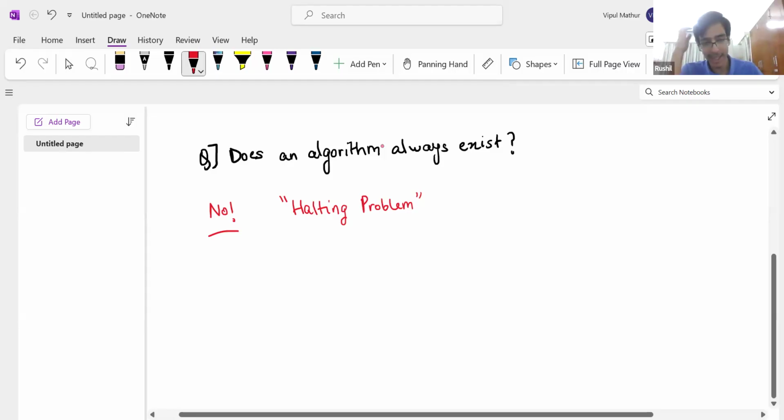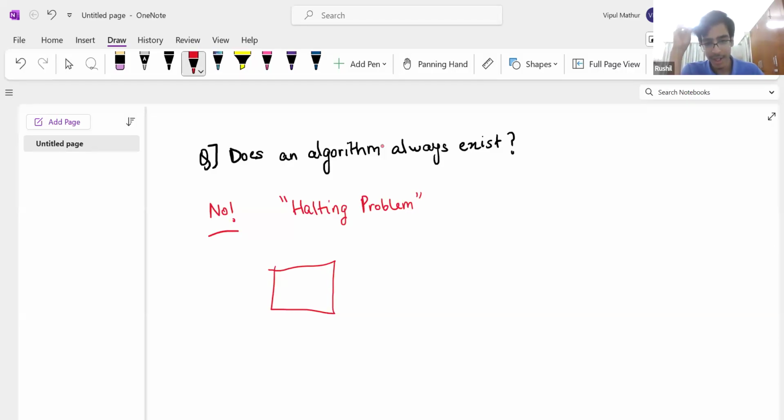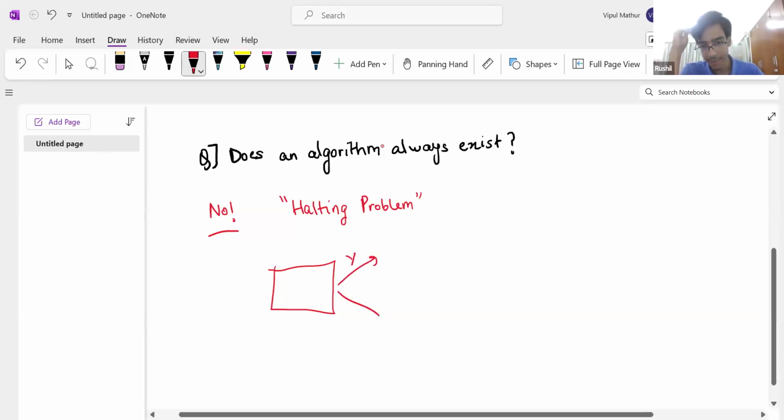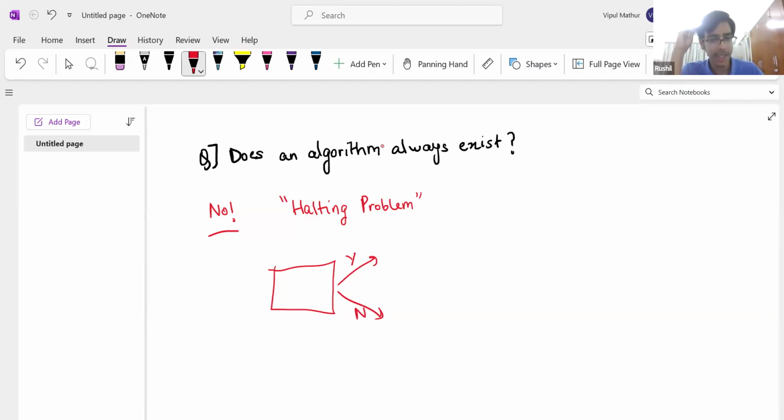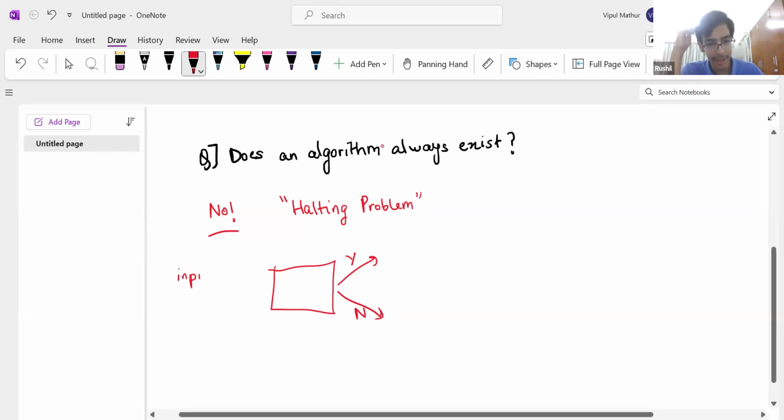So imagine this is your computer, and you're asking the computer to say yes or no. The input to this program is going to be some code and an input to the code. So the input of this program is another program in some sense. Don't overthink it, but the point is that if that code plus input runs forever, that is, it goes into some forever loop or something like that,